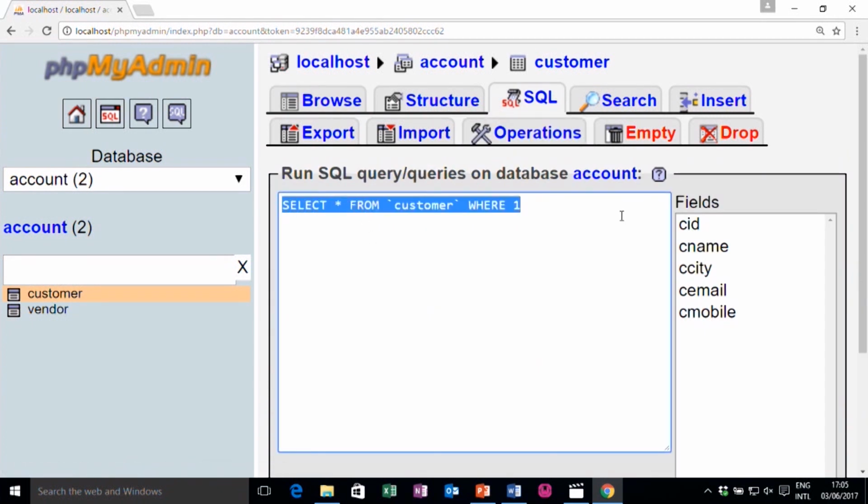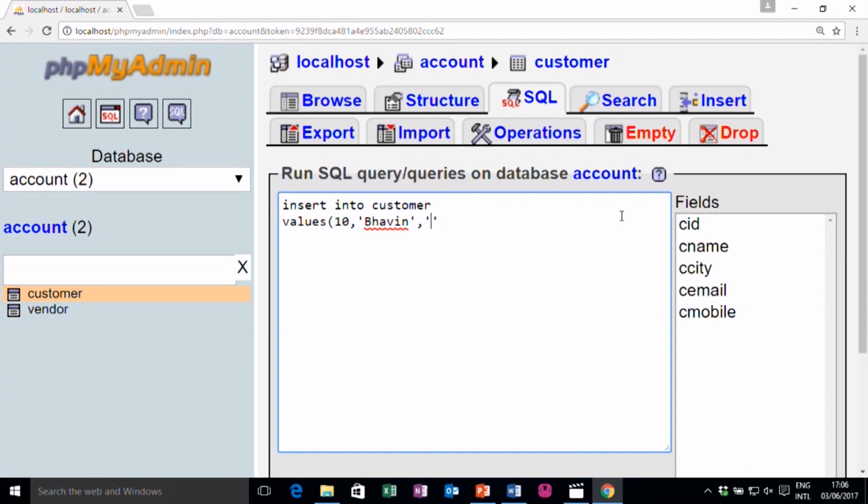I can write insert into customer values, let me say CID is now 10, name is say for example Bhavin, its city is default, or let me write it is Ahmedabad.